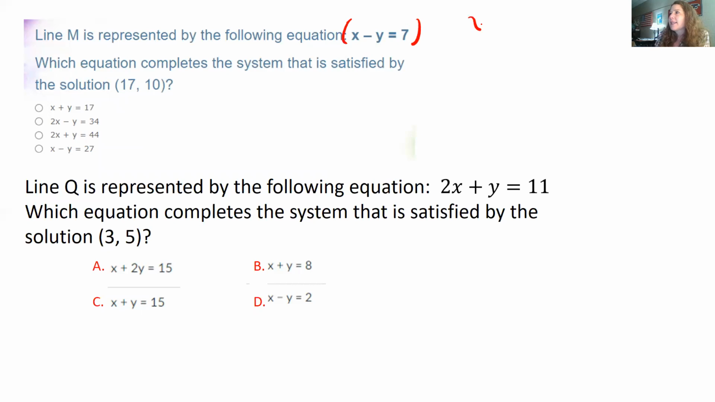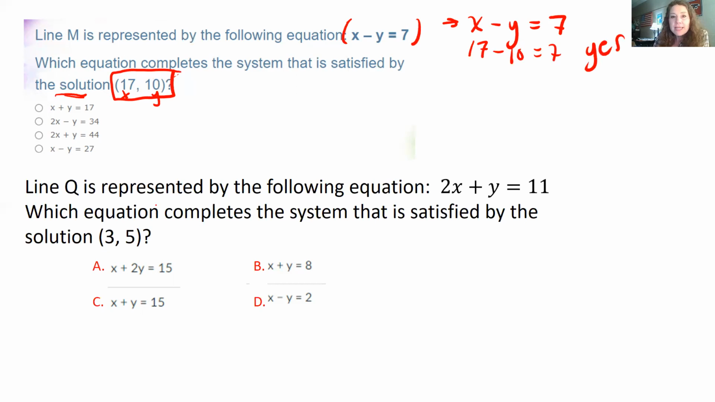So we have x minus y equals 7. It says, which equation completes the system that is satisfied by the solution? So it's telling me that this is a solution to a system, and this is half the system. Well, remember that 17 is x and y is 10. So let's just throw those numbers in, and I go, okay, well, that's true, isn't it? That is a true statement, which means one of these is going to also give me a true statement using